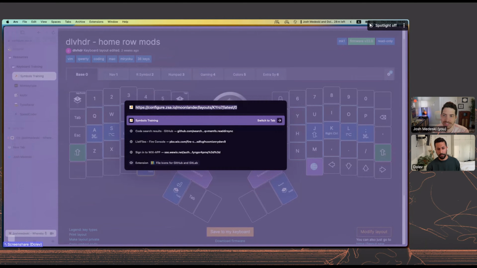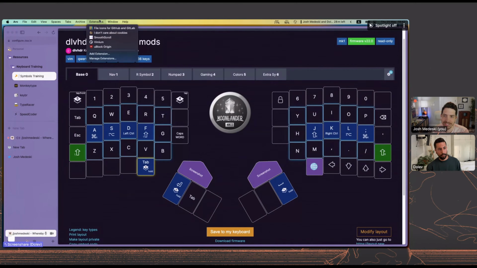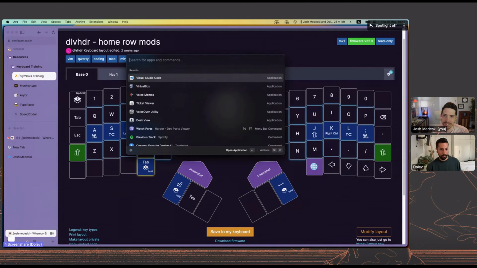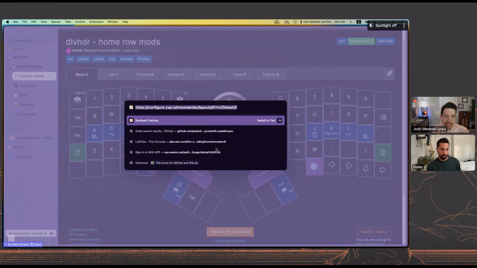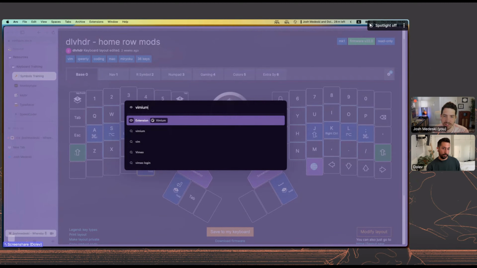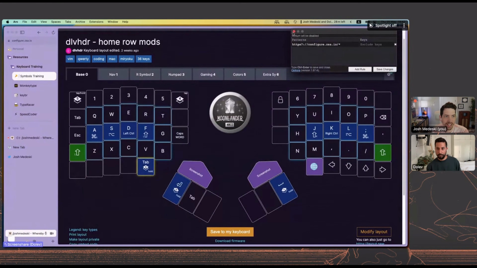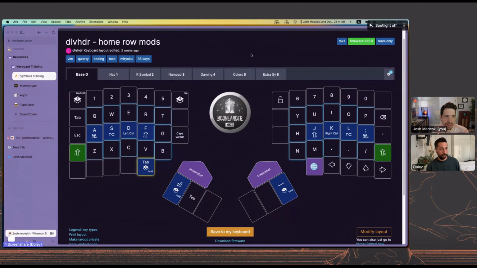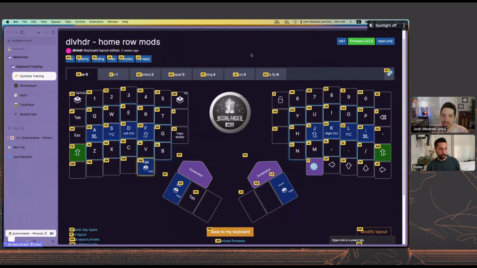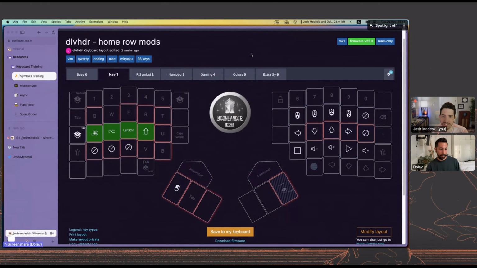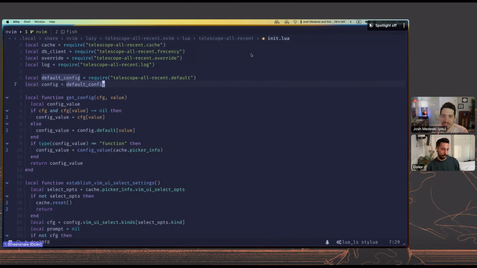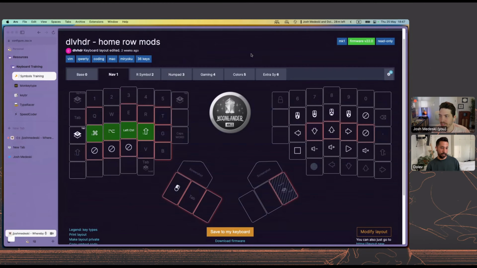Even extensions, you can try and use them from Command T. You can just type, I don't know, a work extension. Let's see. If I go over here, yeah, Vimium work. It's a Chrome extension. You can use Vimium extensions from here. Yeah, I love it. I use it a lot. Oh yeah, Vimium is great. It gives you Vim key bindings in the browser, basically. Yeah, exactly. If I press F, yeah. Then I'm considering also using a similar plugin for Neovim, but I haven't gotten to it yet.